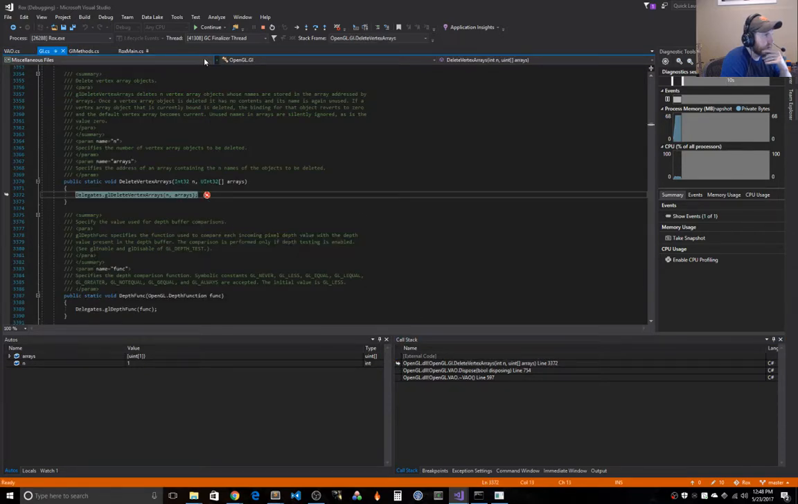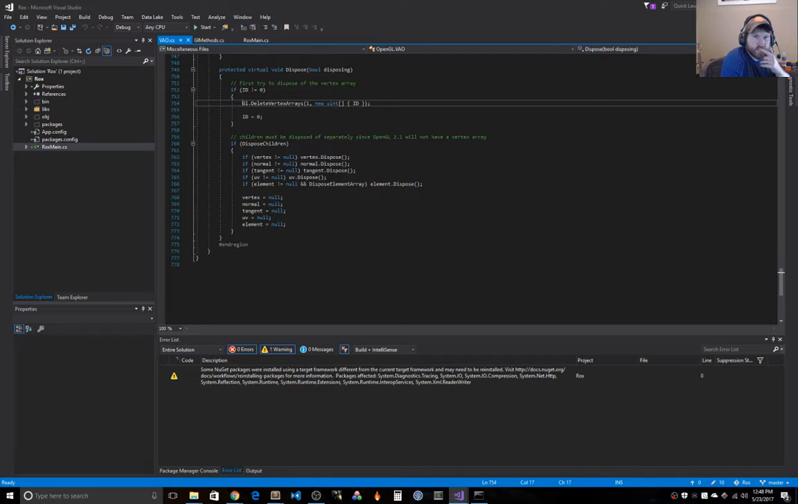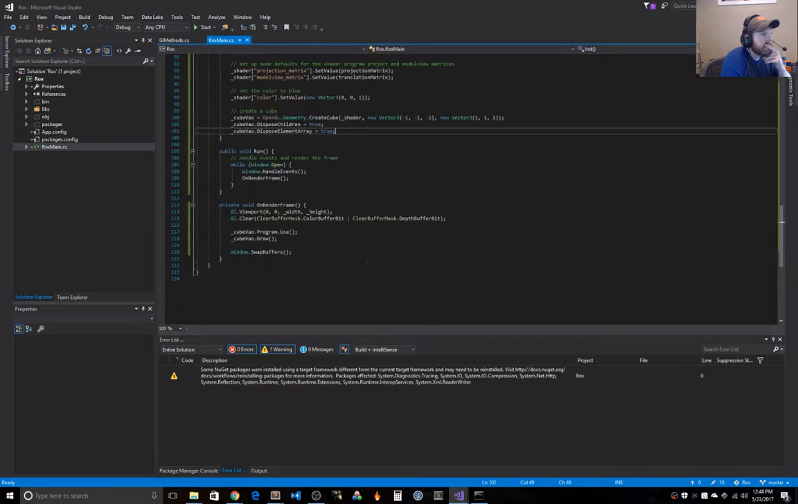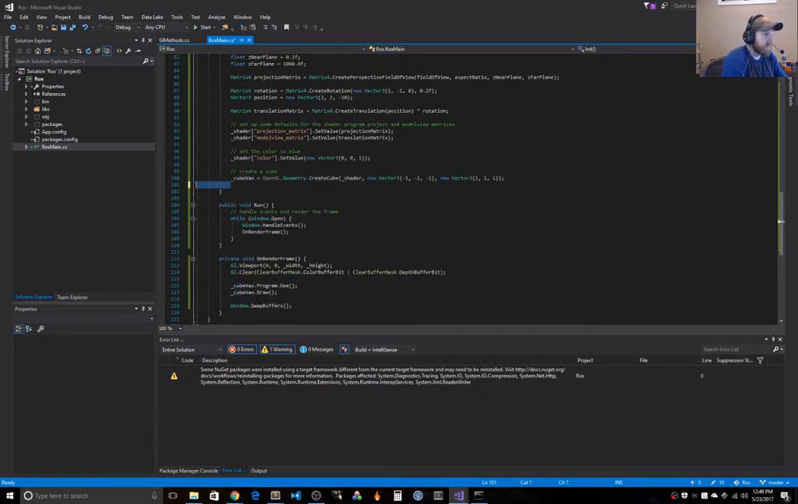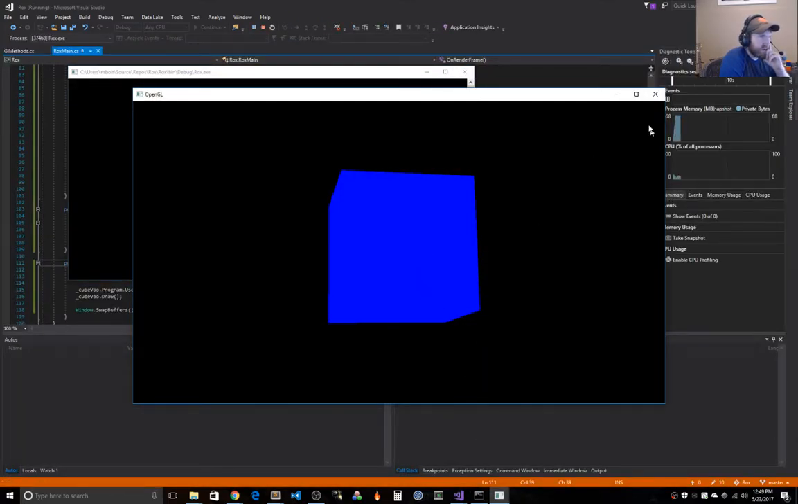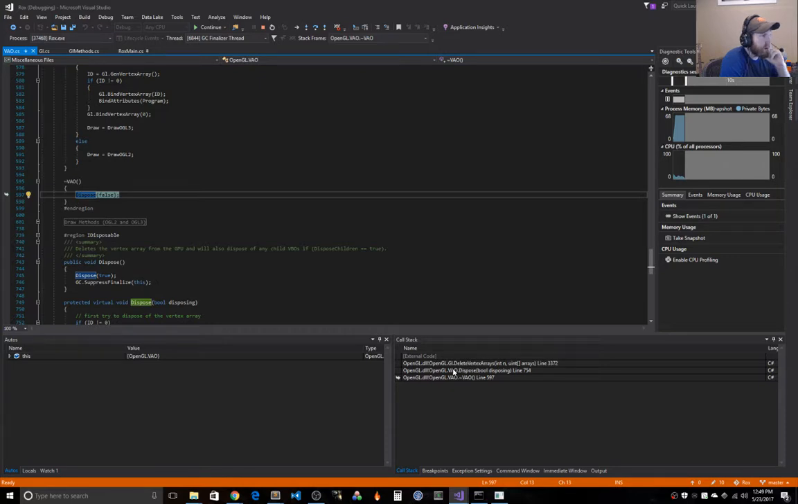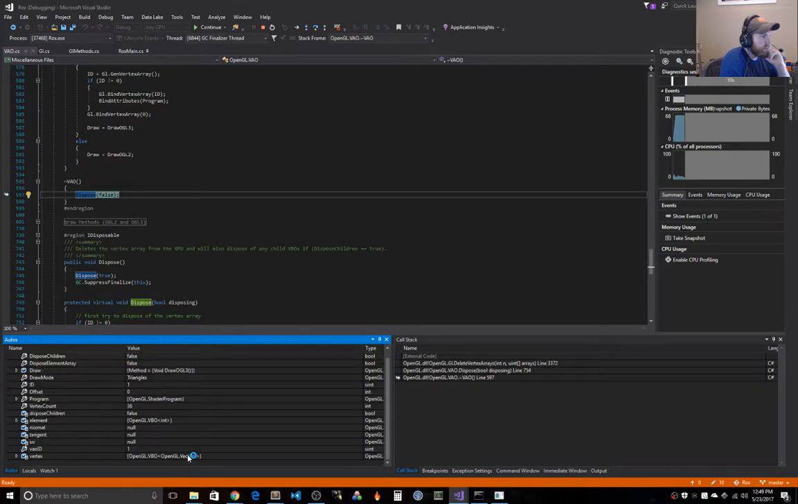Delete vertex arrays. This is really confusing. It's not really giving me much of a stack trace here. That's kind of what's annoying me, because I can't really tell what. So maybe, let's see, maybe